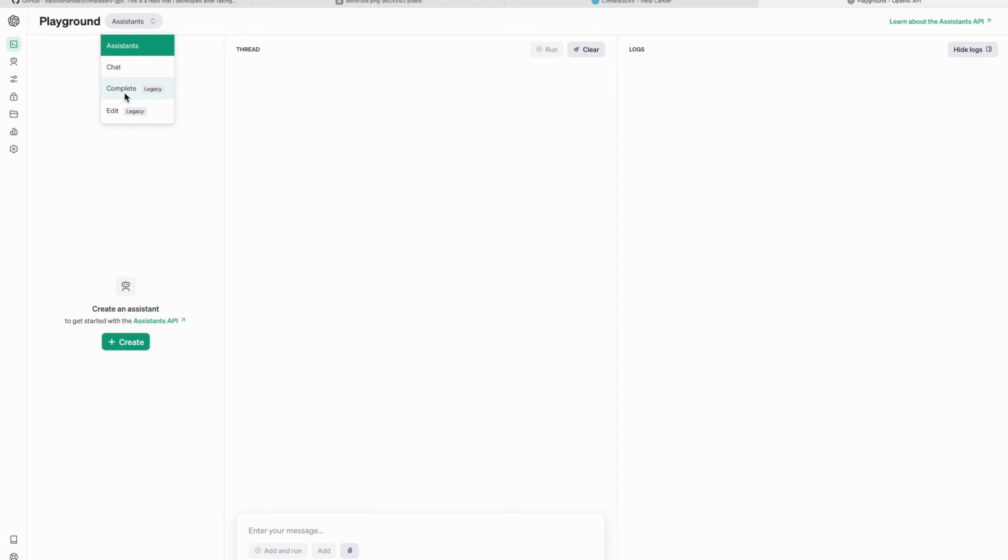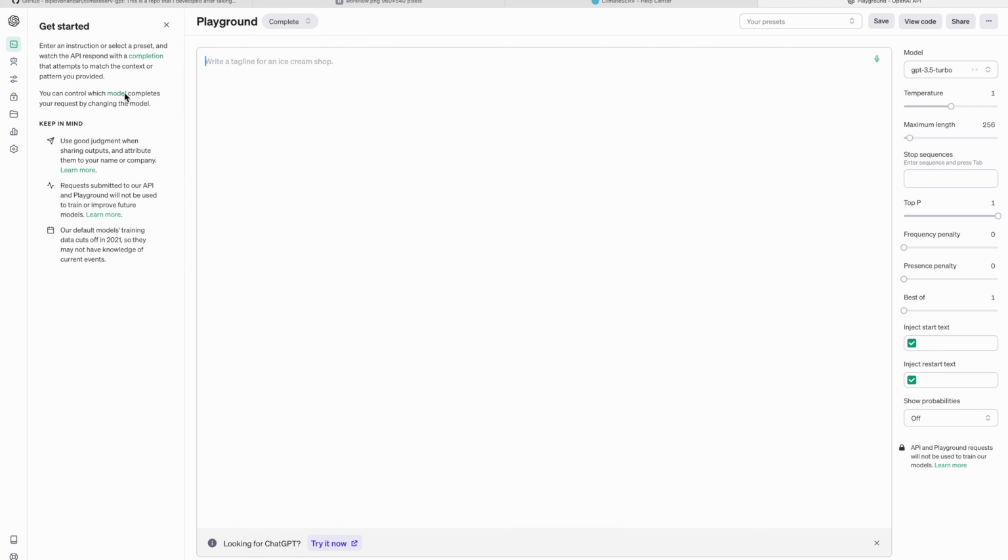Again, as I mentioned, I'm using an autocomplete model in this case. This is sort of a legacy model. You can also use a chat kind of interface, so you could have a back and forth kind of interaction with your model, but the idea with prompting and everything would be the same whether you use the autocomplete or